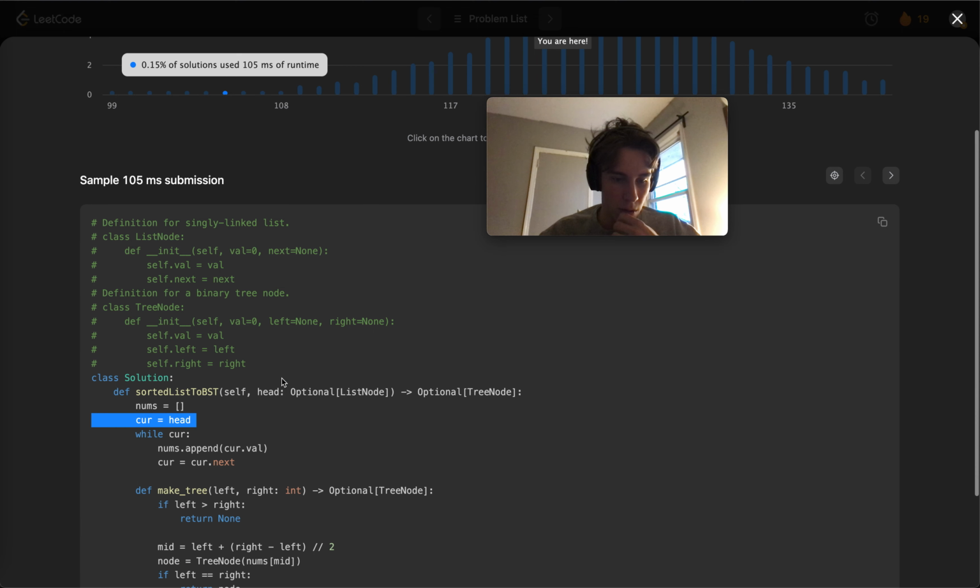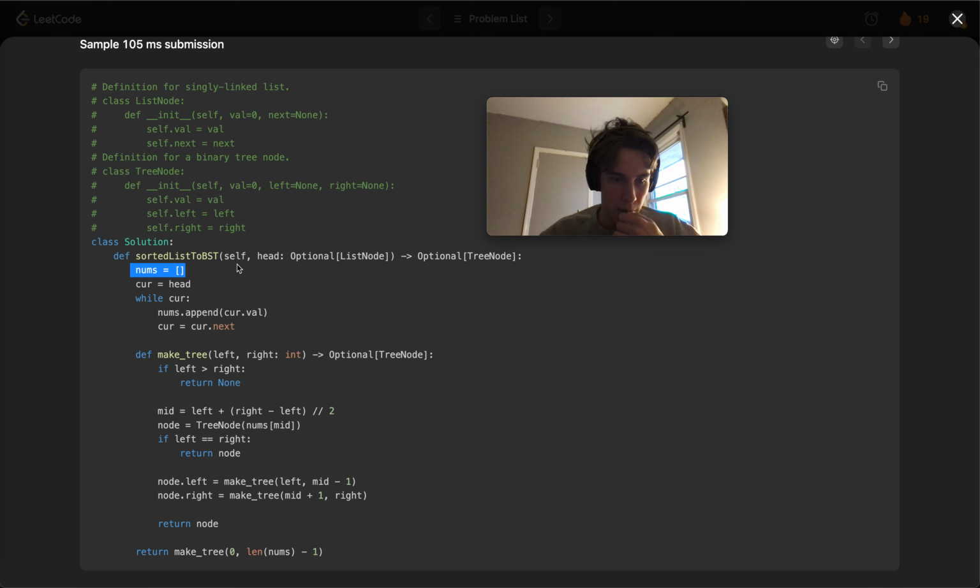Let's see, are there any ones here? Nums, head, same thing as me. If left is bigger than right, this is pretty much one-to-one. I wonder why. If left is equal to right, return node. Okay, so this is saving one trip to